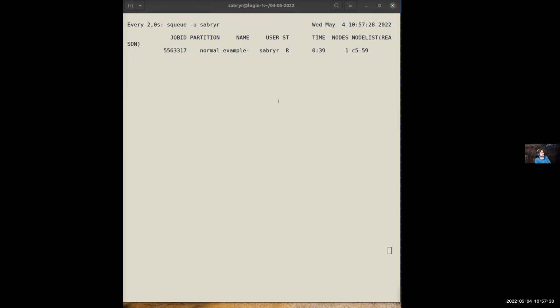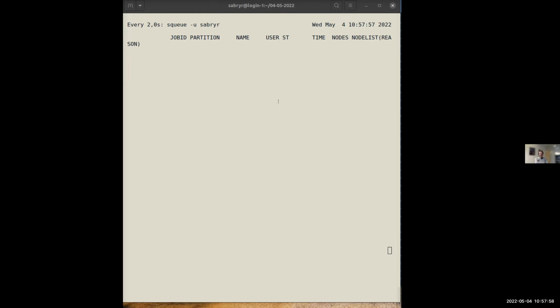Do you know about this partition, the name, user? What do these columns stand for? Yes, the partition, you see the job ID, that was what Dispatch reported when we submitted the job. Partition is the queue name, so you can have different queues.